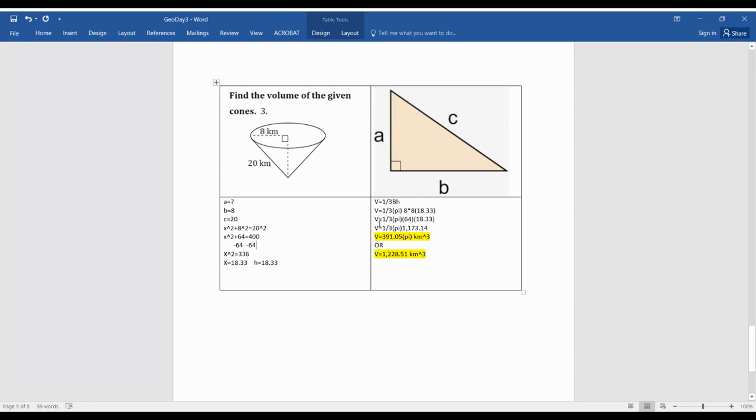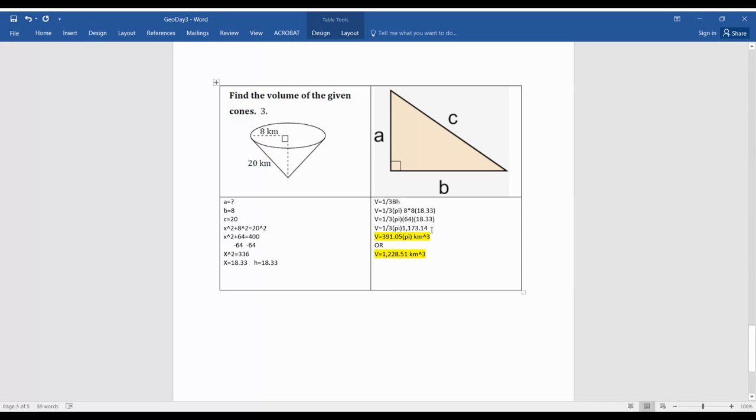The order in which you multiply is not especially important as long as you are using your parentheses correctly and making sure you are multiplying these. Again, I like to multiply out the 1/3 at the end or just divide everything by 3 at the end. So 8 times 8 gives me 64. 64 times 18.33 is going to give me